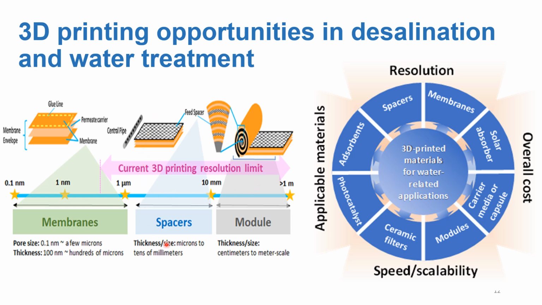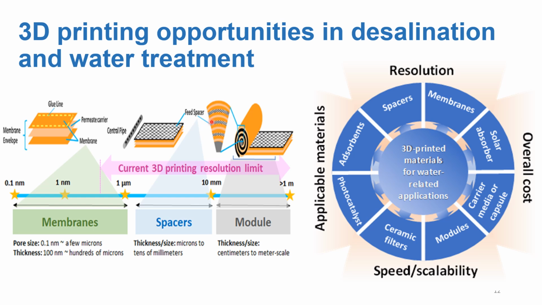However, if you look at the other parts of the membrane system, you have feed spacers, which are in the thickness of about microns to a couple of millimeters. The feed spacer is the one that you use in between membranes when you make it into a module. So you have a flat sheet, and a feed spacer in between each membrane so that it acts as a feed channel for flow of water, as well as for stability of the whole membrane system. So you need some feed spacers there.